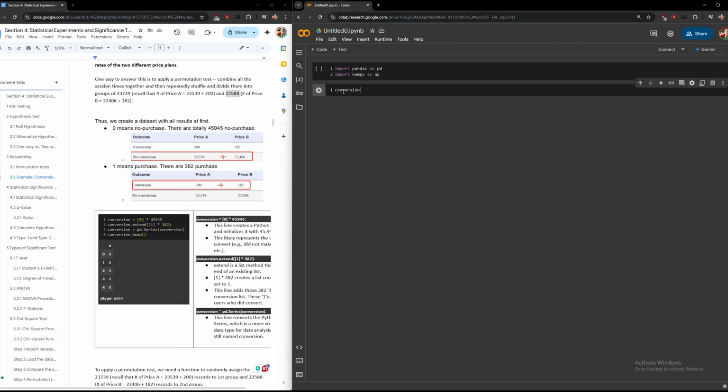We call it conversion equals to 0 multiplied by 45945. So this means we actually create a list of conversion with this much zeros, and then the 0 means no purchase. And then we will extend a lot of ones, okay? And 1 means purchase. So this is this much purchase, which is 200 plus